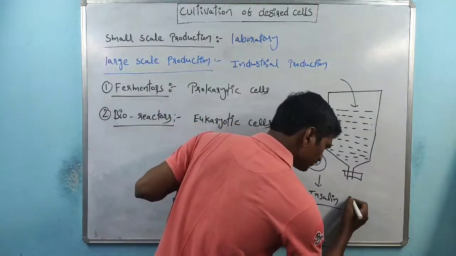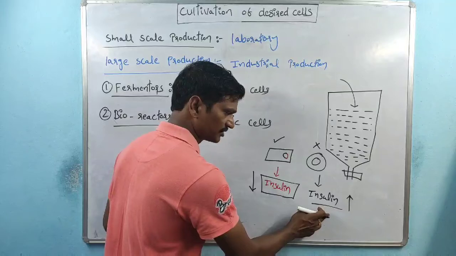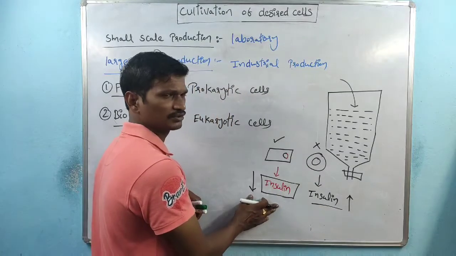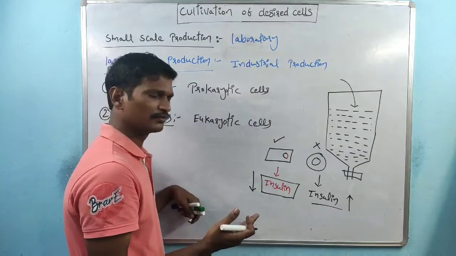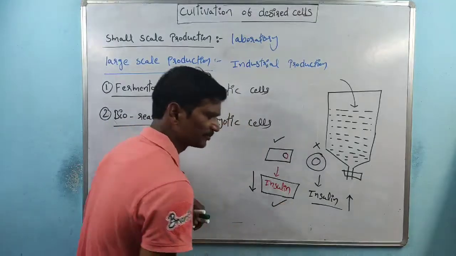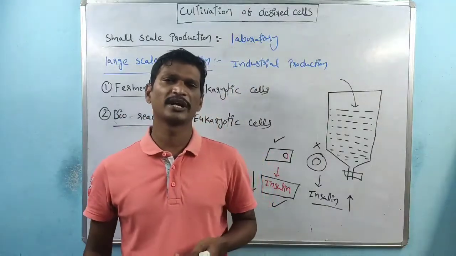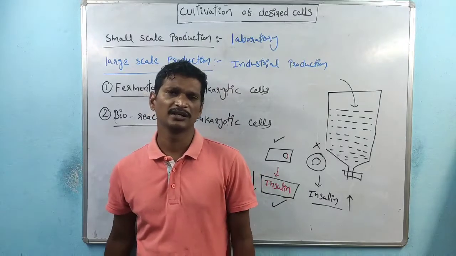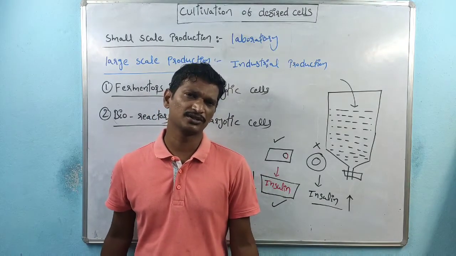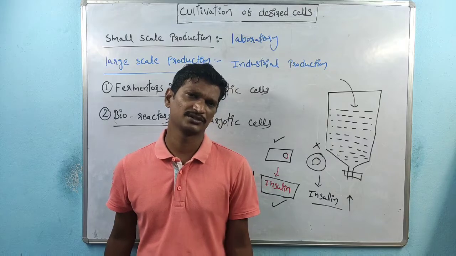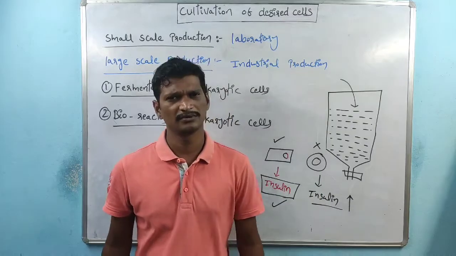One product's cost is very high, highly costly. This one is highly costly, and this one is less costly. So which one is chosen by the people? Definitely we know this product is chosen. Products produced by prokaryotic cells involve a process that is very inexpensive, so the cost of the desired products is also less. So those products are chosen by the people.